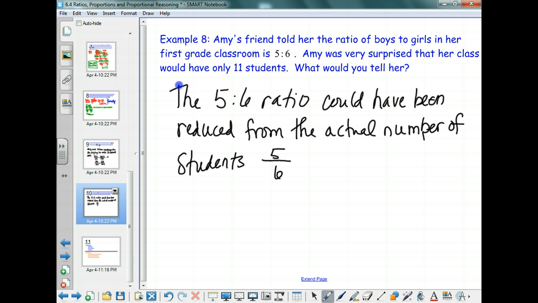Because 5 over 6 could also equal what? 10 over 12, right? We can multiply both of them by 2. Or, what else maybe? 15 over 18. And we could continue this process. Probably we're looking at one of those two as being more realistic. So if we considered 10 over 12 as our actual count, how many students? If we thought this represented 11 students, the 10 over 12 could have represented